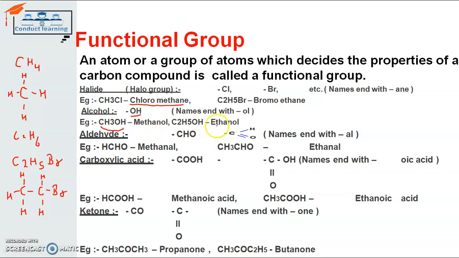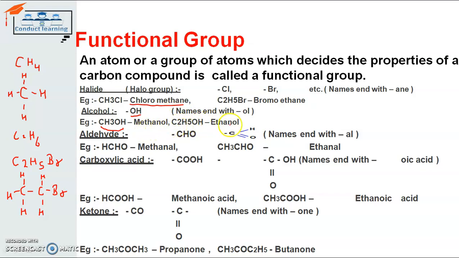The same example here is for ethanol. In ethane the chemical formula is C2H6, but when we add the functional group, one of the hydrogen atoms of ethane is replaced with OH. The hydrogen atoms are 5, and one OH functional group is here, so the chemical formula becomes C2H5OH, and the chemical name becomes ethanol. So all this comes on the suffix side when we have to name it, like ethanol, and the OH group also comes on the suffix side.